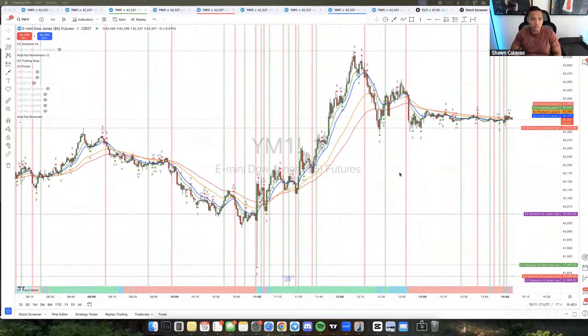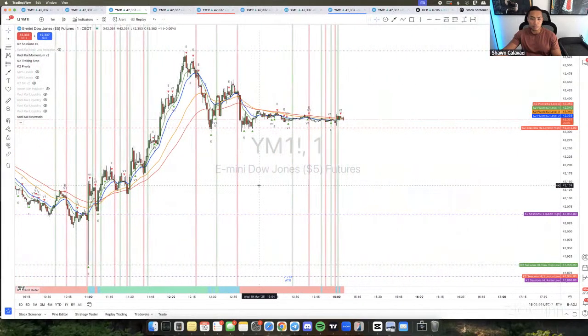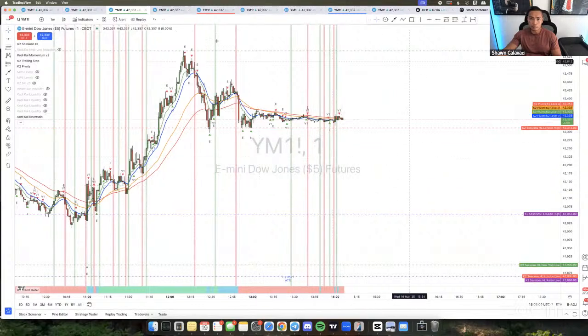Main focus for today is probably going to be the MPSv2, and then I'll also show you guys how I set up my charts here if you guys want to set them up just like I do. So yeah, if you guys have any questions, feel free to put your questions in the chat. Otherwise, main focus for today is really going to be the MPSv2, some examples, my confluences, and my setup over here with regard to my tabs.